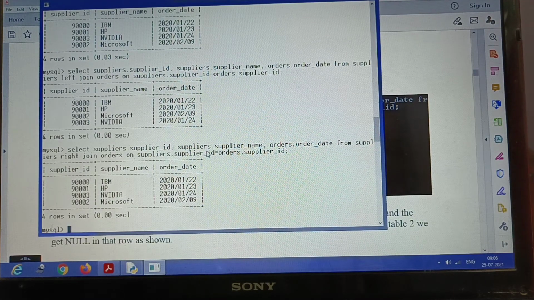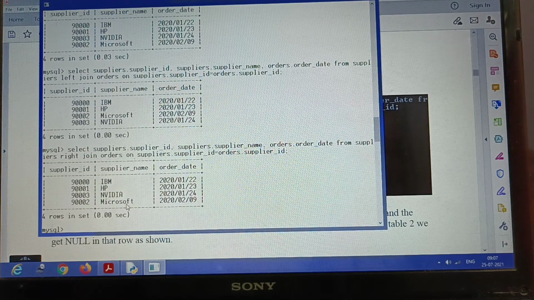You will notice it in the order of the records that are displayed. See, left join is basically you take everything of the left table first. So the left table was in order, 90001, 2, and 3. You can see it is coming in this order. But when I take the right join, I have added this record later on.